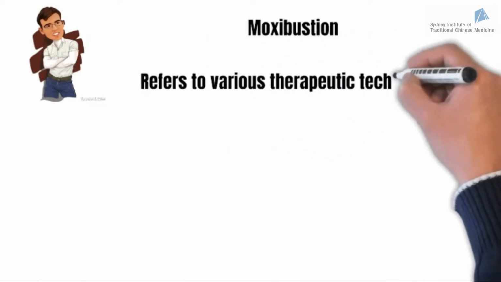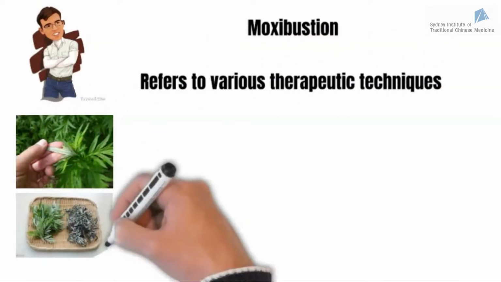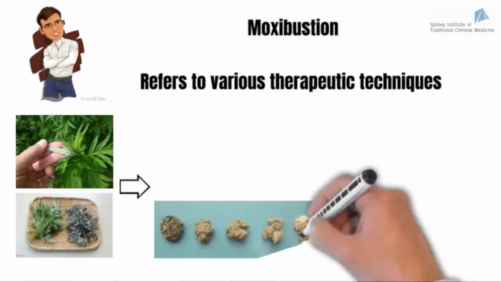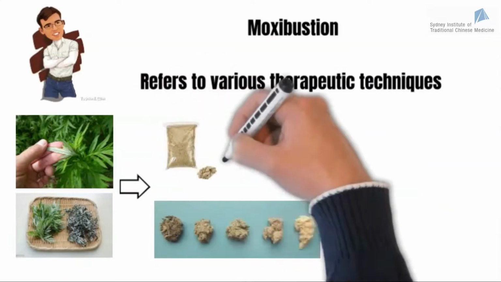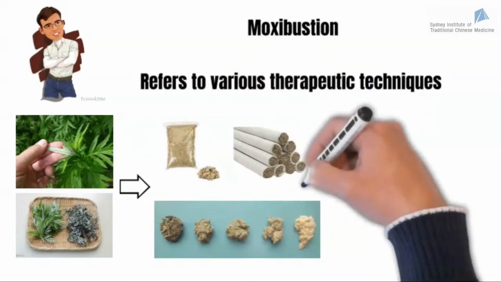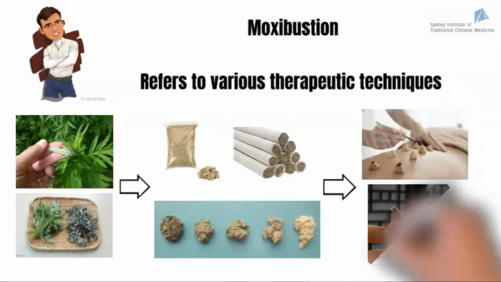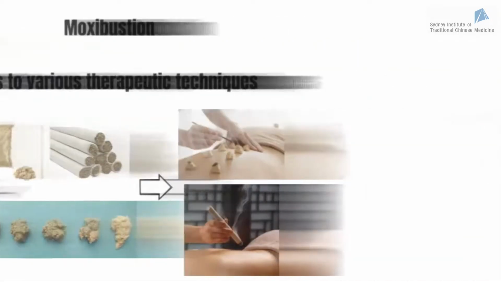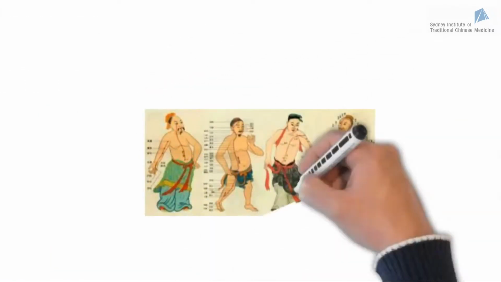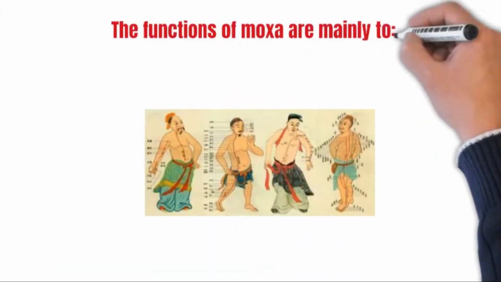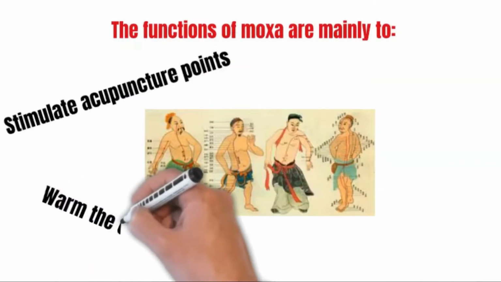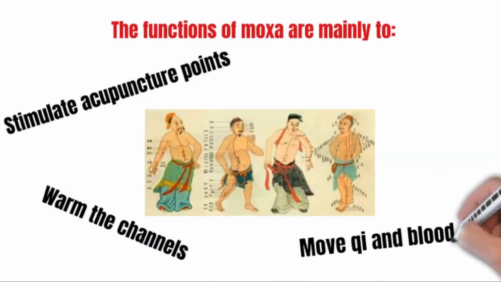Moxibustion refers to various therapeutic techniques in which dried mugwort is burned to produce heat. When mugwort is dried, it produces a punk that is called moxa. Moxa can be used directly or rolled into moxa rolls. The function of moxa are mainly to stimulate acupuncture points, to warm the channels, to move qi and blood, and